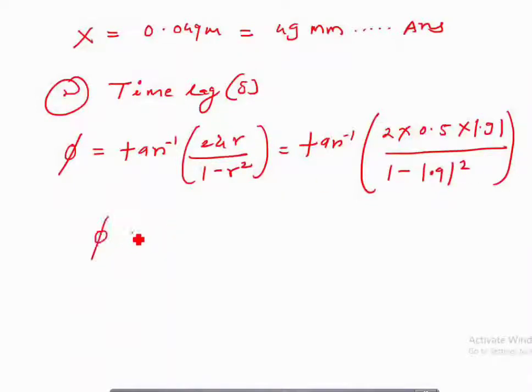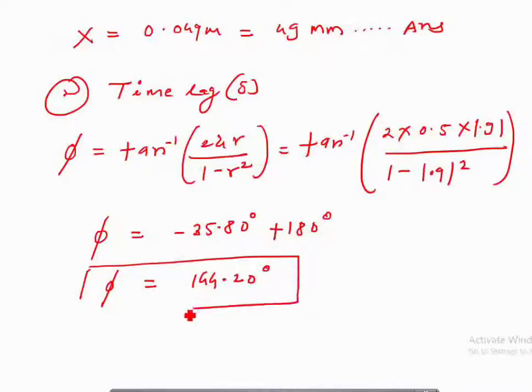So this phi, after putting into calculation, I am getting a negative answer, that is minus 35.80 degree. So what does this mean? This phase angle is out of phase by 180 degree. So we'll add 180 degree to it. When you are getting negative, you have to add 180 degree because it is out of phase by 180 degree. And if the answer is positive, you can keep it as it is. So here we are getting 144.20 degrees as the phi.